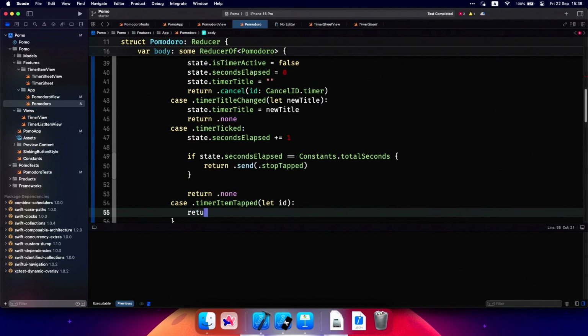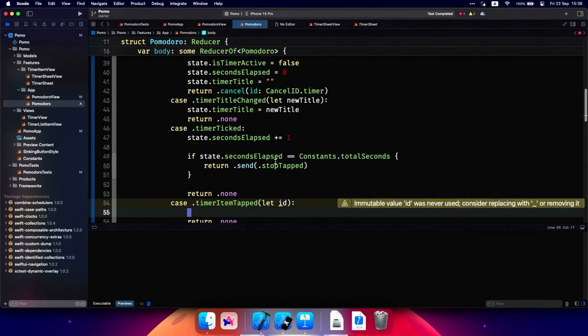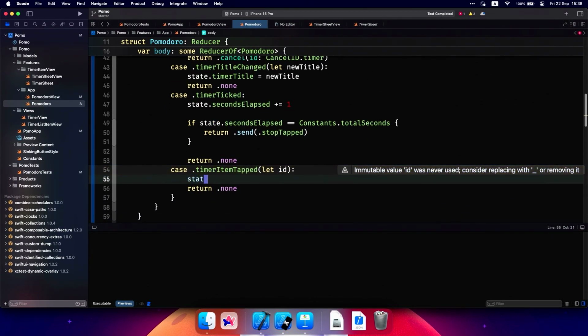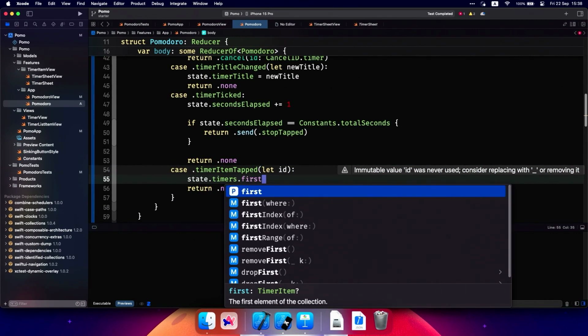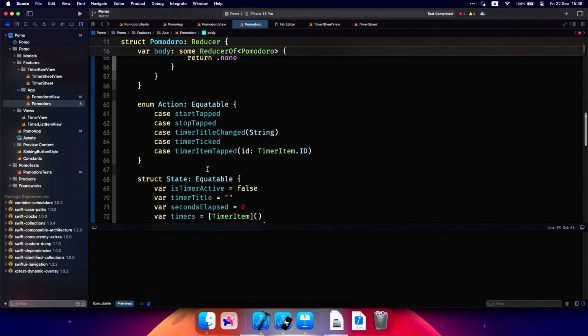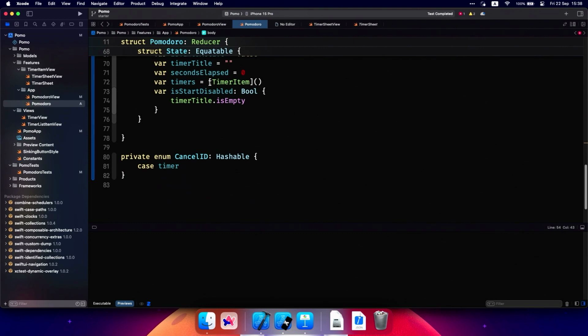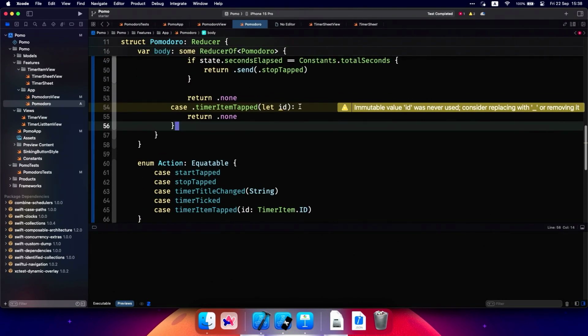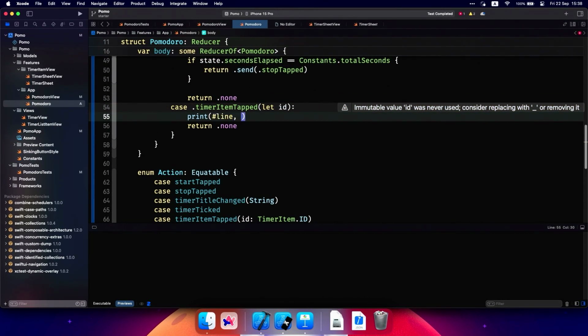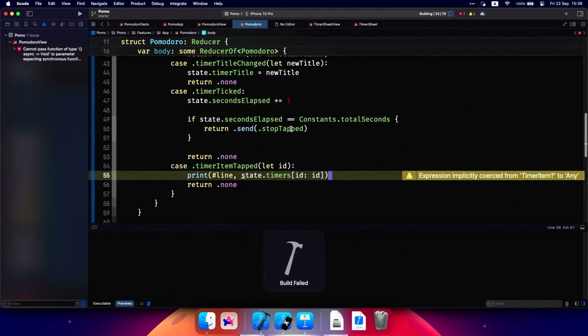And I can do this in two ways. The second one is better. So the first one is just go into my timers array and find the first one with that ID. But actually, there's another tool that's shipping with a framework where we can just swap out this array with an identified array of my timer items. This gives us a bunch of superpowers related to identifiable items. For example, one of them is I can just print my state timers in a key path of that, in a subscript of that specific ID. And now when I run it,